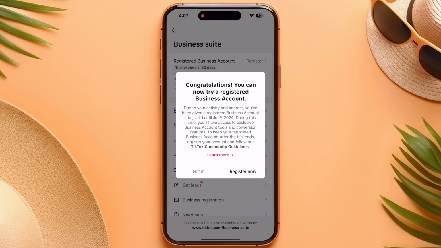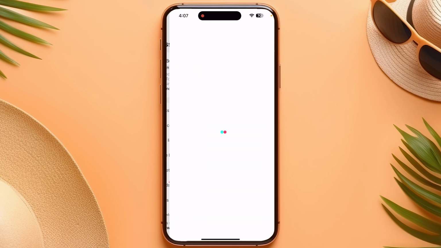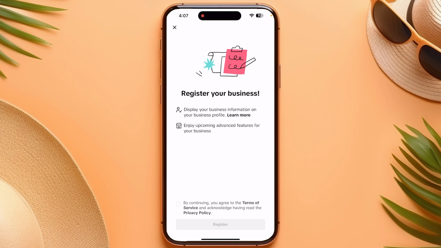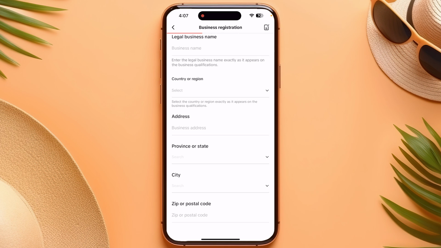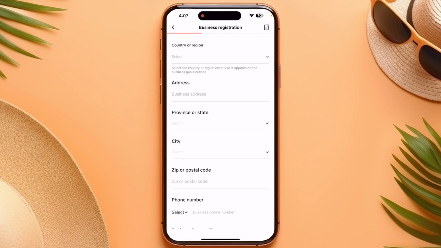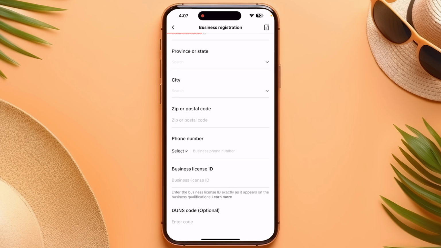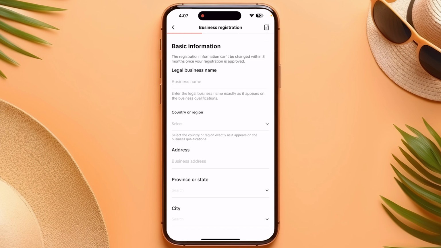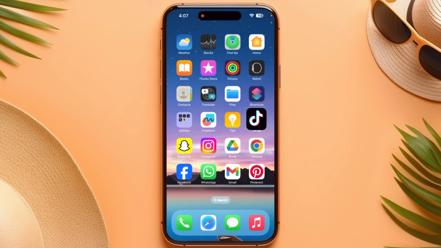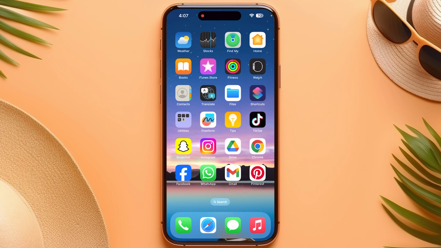Now from here you can try a registered business account. For that you have to click on the register now and here you have to read the terms and the privacy or the service, and after that you have to add your business name, country, address, province, city, zip or postal code, phone number and business license ID, and here you have to add all of your information. So once you add it you have to save your information and you are able to register your business account